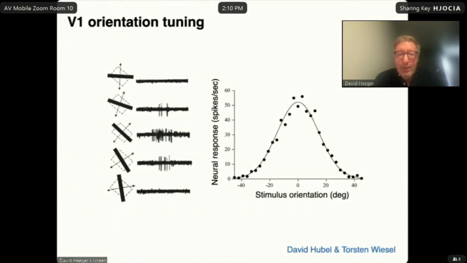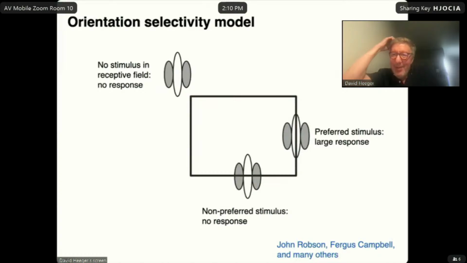Okay, no talk about V1 can start without Hubel and Wiesel, so here you go, data from Hubel and Wiesel. Move on. Following their discoveries, in the 1960s, John Robson, Fergus Campbell, Colin Blakemore, and many others through the 60s and early 70s proposed a linear systems model for the orientation selectivity in primary visual cortex,